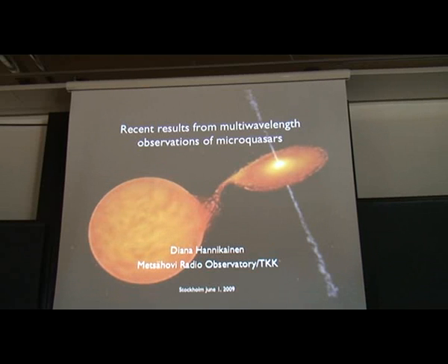Stéphane Corbel already this morning gave us a very comprehensive view of microquasars, so I'm not going to dwell on them very much. I just put this picture up here to remind you all, in case you've forgotten between this morning and the lunch break: microquasars are basically compact objects accreting matter from a donor, a Roche-lobe-filling donor star in the case of low mass X-ray binaries, and wind from the donor in high mass X-ray binaries, and these exhibit jets.